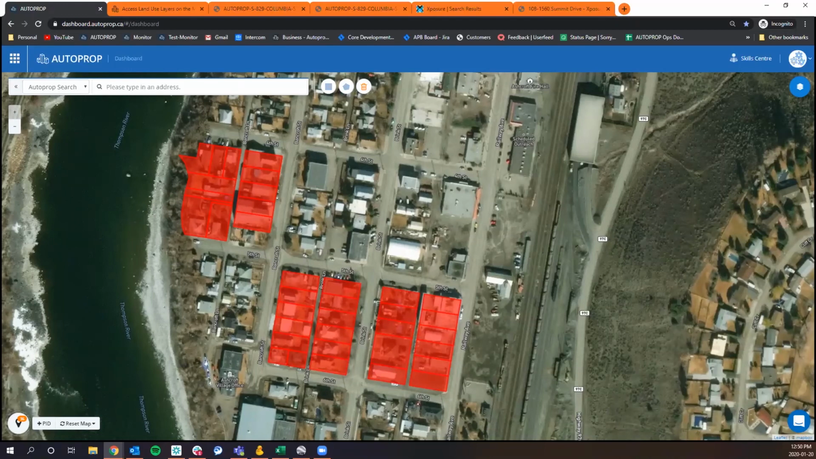Rob Rome has a question, and it is, can we organize reports by sold and by price? Yes, we can. So let me go back to Kamloops, and I'll actually show you in the meantime another way